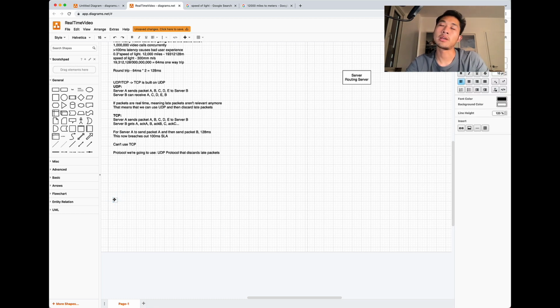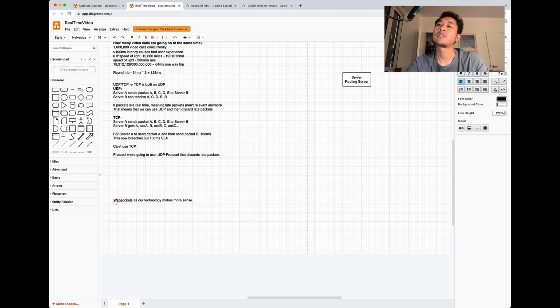We can create a TCP keep alive connection, but I actually think using WebSockets as our technology makes more sense. WebSockets basically keeps a live connection to the server so you can send new packets without having to create a new connection.